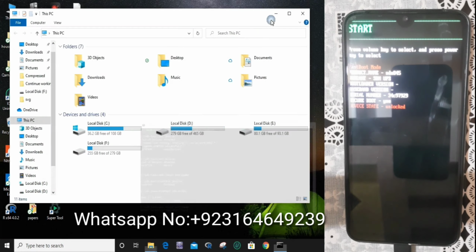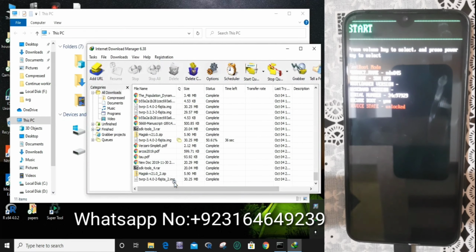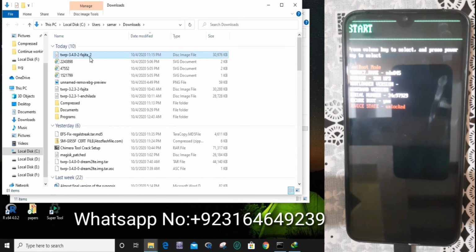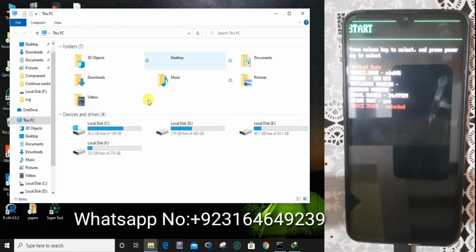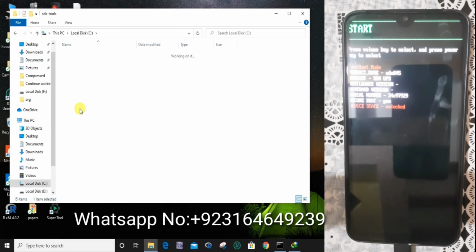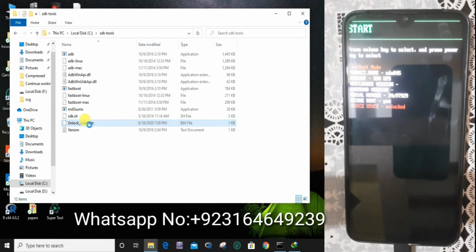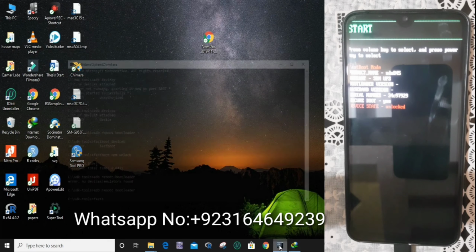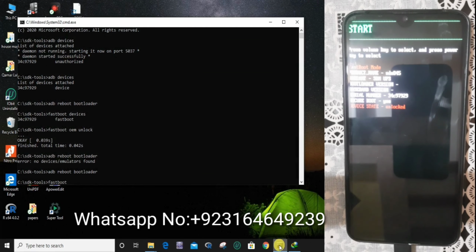Now you need to copy TWRP into the SDK tools folder. Name it TWRP simply. Now type fastboot boot twrp.img,